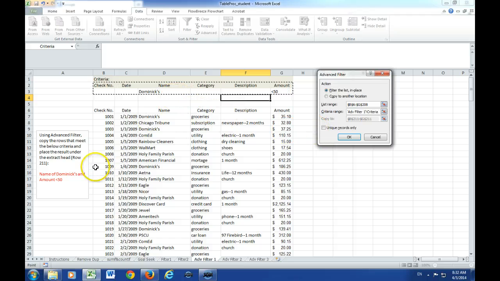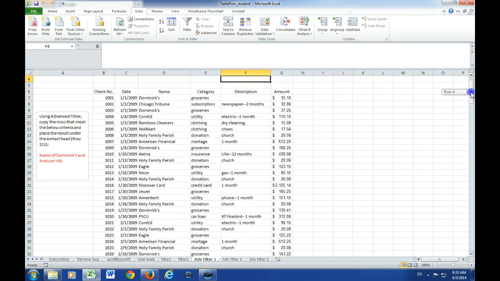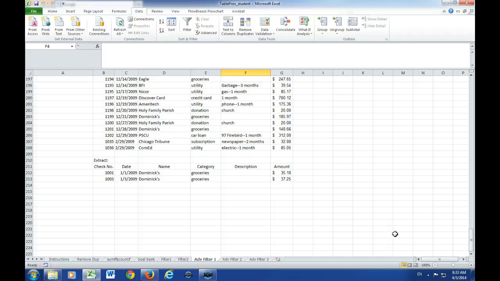Keep in mind, we have a condition like a name of Dominic, and so the Dominic's in here should be aligned with the amount condition less than 50 in the same line. And we want to copy the results into the designated area, like row 211, and which is okay. And I believe you expect only 2 in this case. So the key point is we need to set up the criteria on